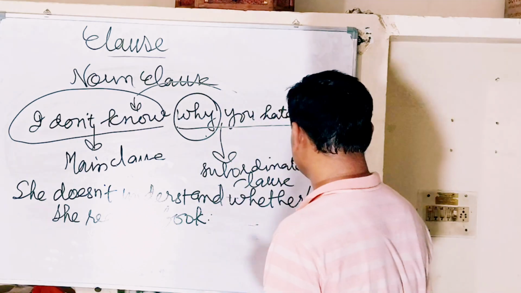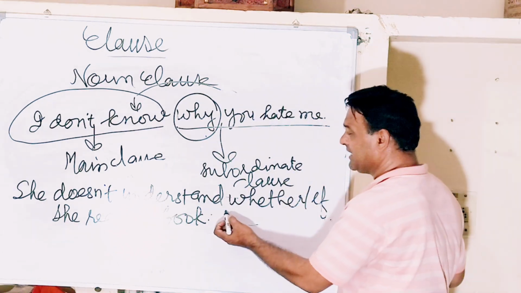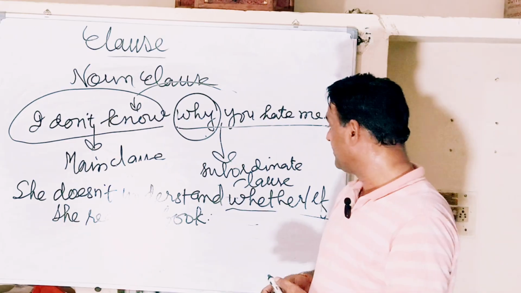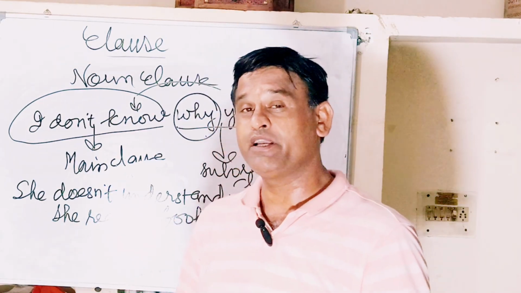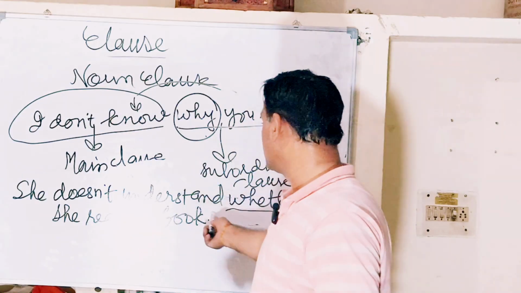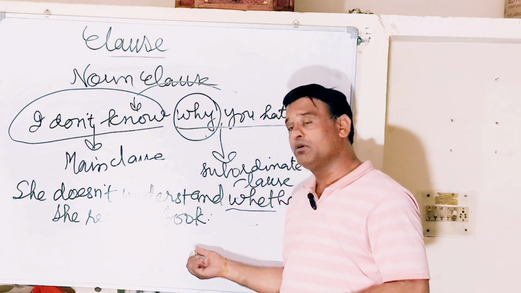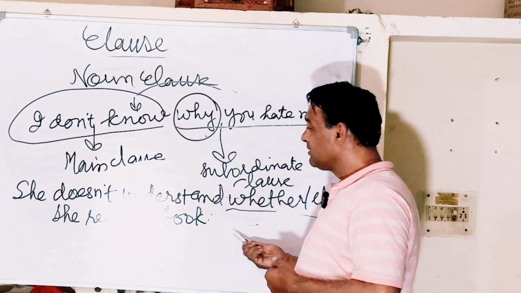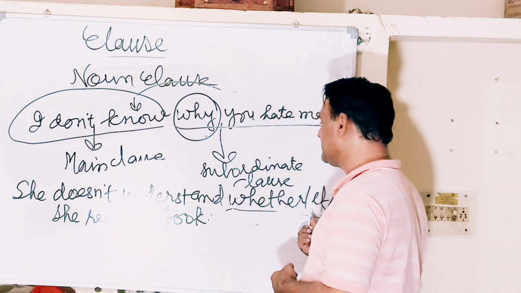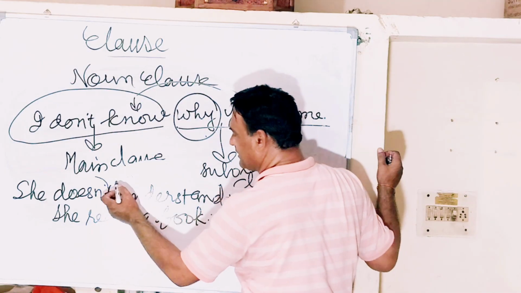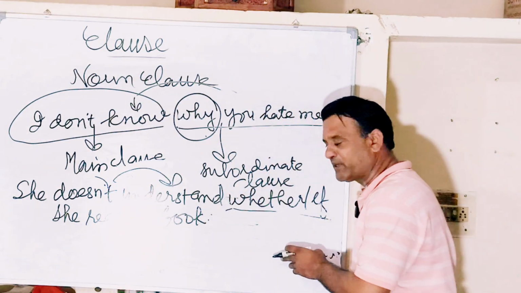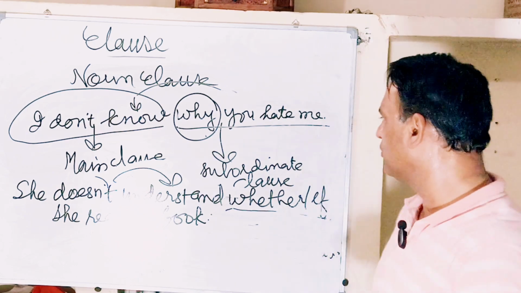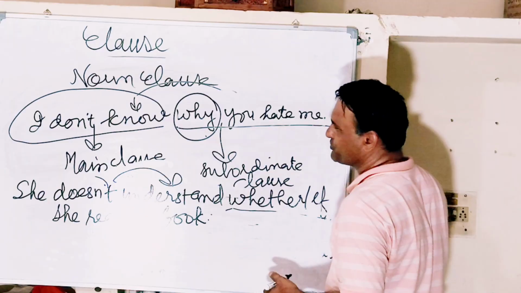वह नहीं समझती है कि क्या वह बुक पढ़ती है, कि क्या वह बुक पढ़ती है. She does not understand whether she reads a book or not. So here there is no certainty. If you raise a question with "doesn't understand", the answer is expected to be a noun. So therefore it is a noun clause. Now next,